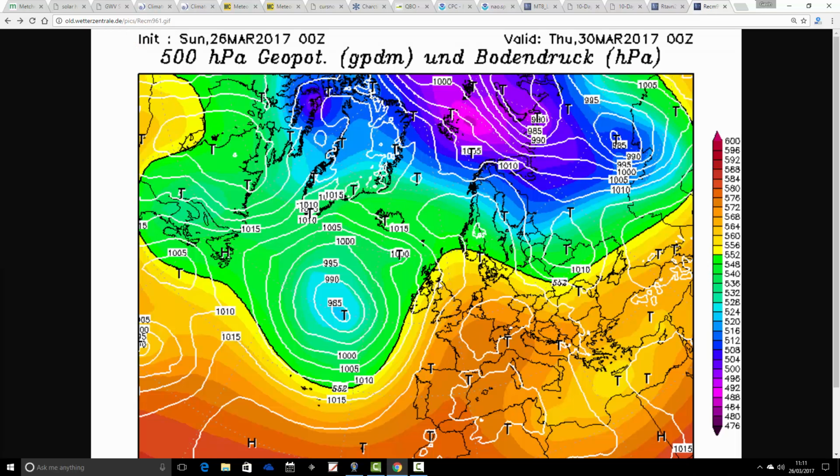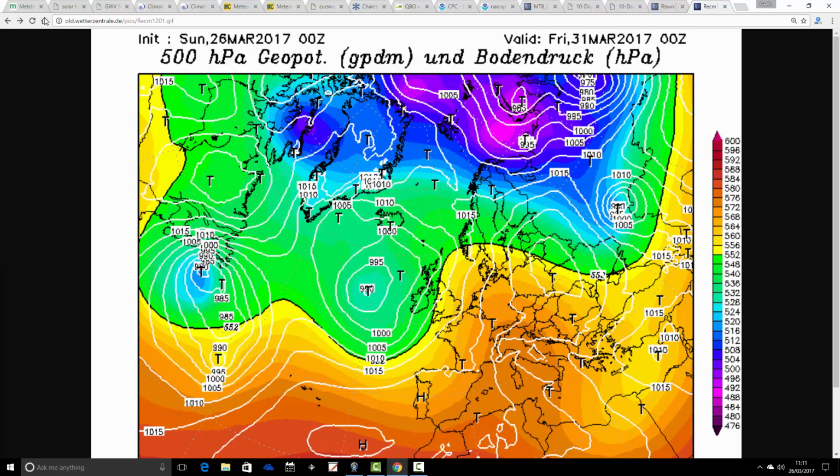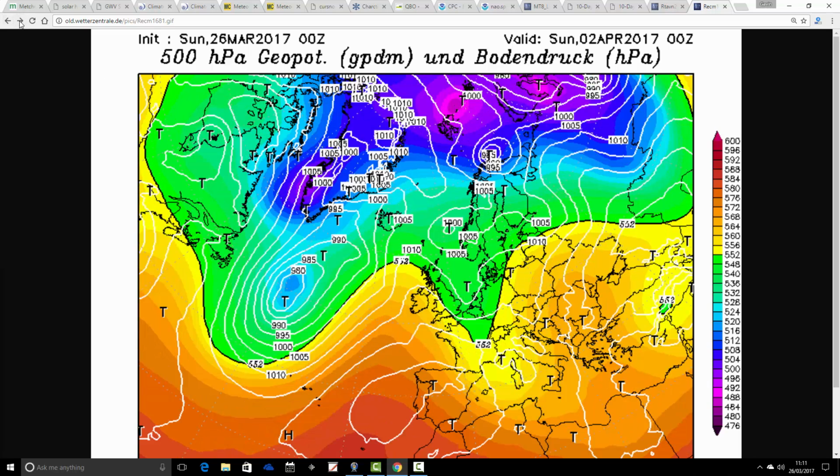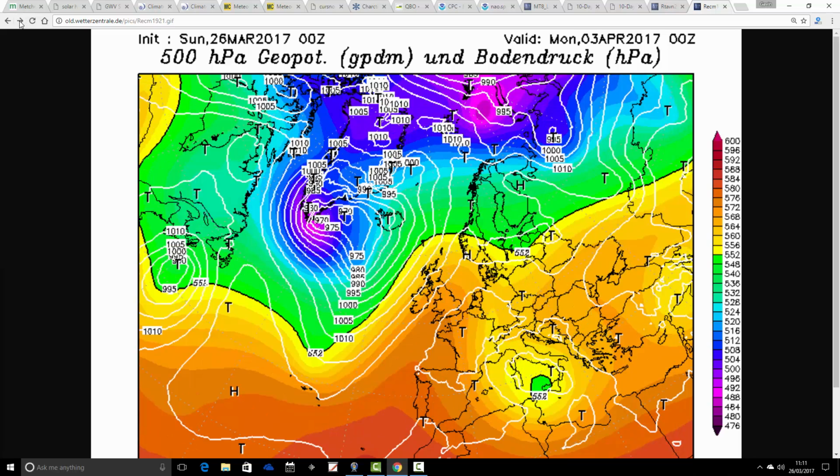Finally, the ECMWF, so high pressure still clinging on close to the southeast on Thursday. Low pressure's out to the northwest, bringing rain. That low pressure advances in at the end of the week and into next weekend. This is Saturday 1st of April. Looks genuinely unsettled. There'll be showers or longer spells of rain associated with this trough just here. Into certainly the 2nd of April, a week away, and then the first sort of working week of April, Monday